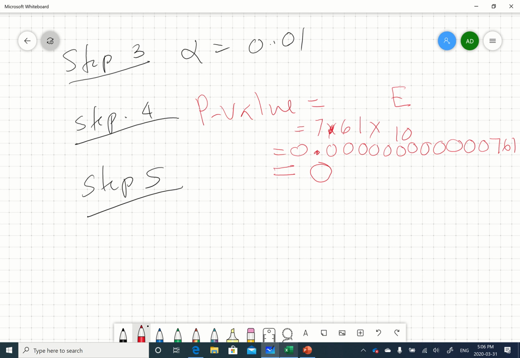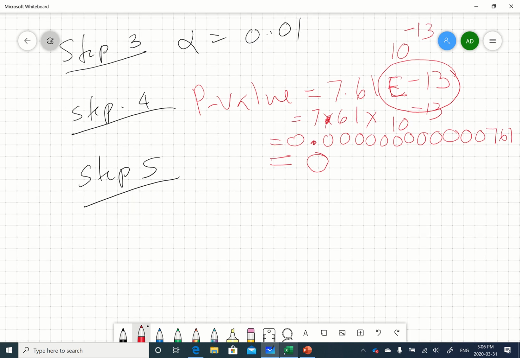Oh, I lost it. Okay, come back here. Okay, right. So if you're comparing p-value to alpha, so p-value is 0, alpha is 0.01. So 0 is less than 0.01. So we reject